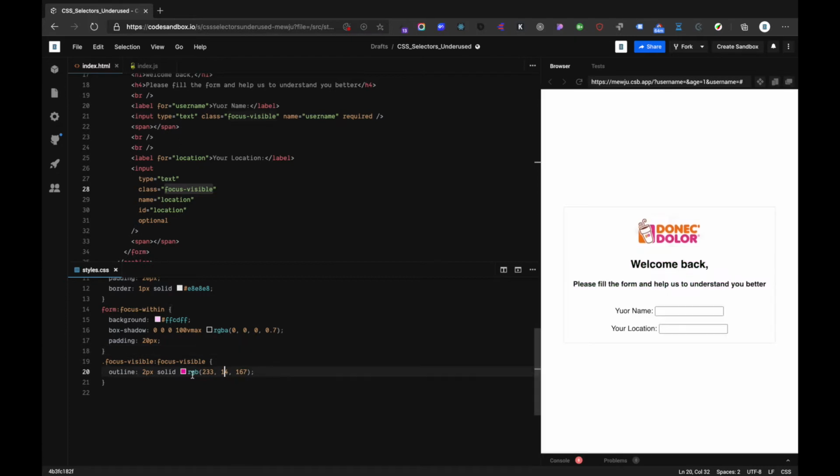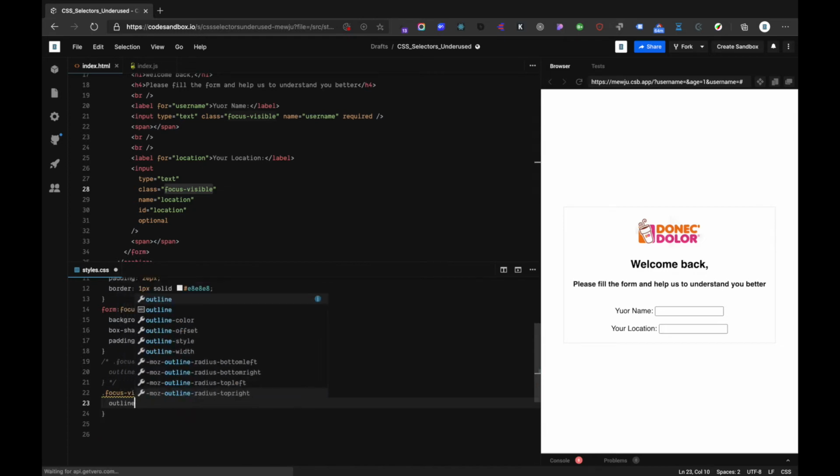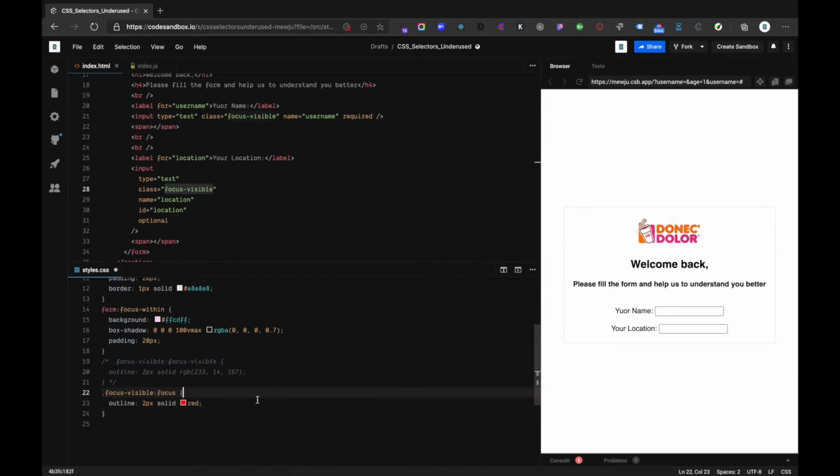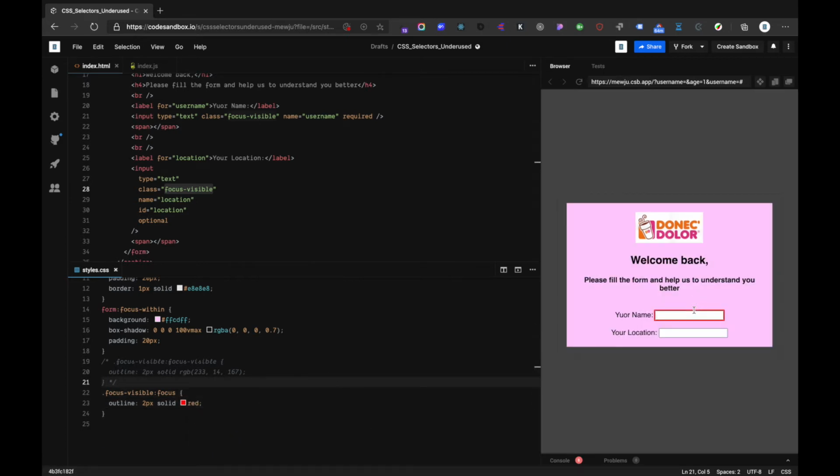So let's comment this one, and let's have just a focus element to this one. So focus, and then outline of 2 pixel solid and red. So if I hit save, as you can see, it highlights the focus elements obviously, but